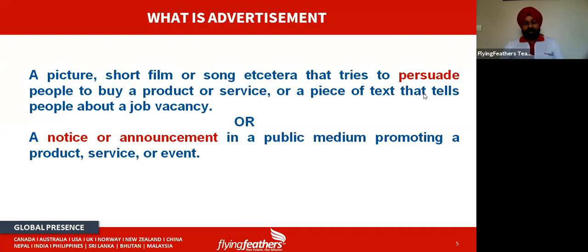Or any event can be that some function is going to be organized somewhere, and now they are showing you the advertisement that this is the day and the time where this function has to be, or event is to be organized, right? So this is what is advertisement, where you get to know what is the thing and what are the features or the basic important things about that particular product. All right.